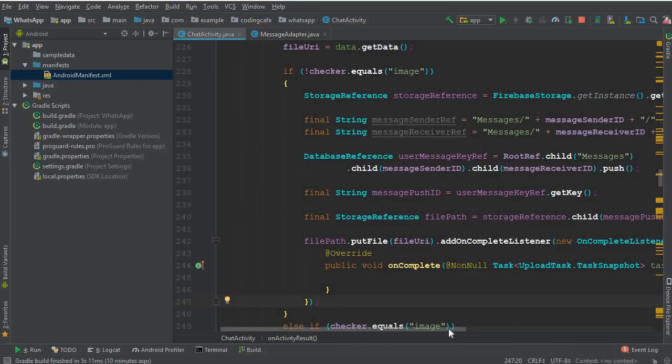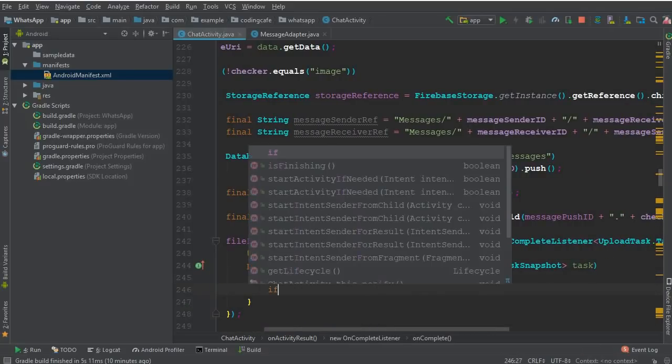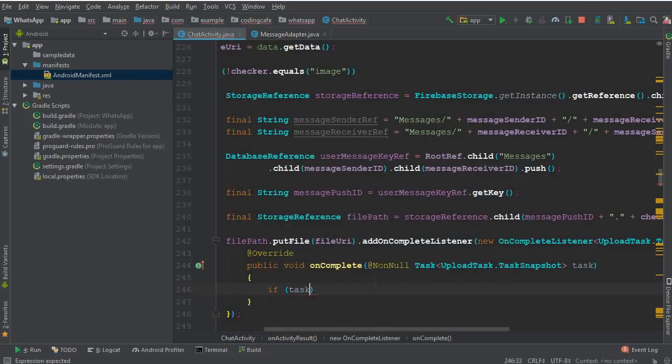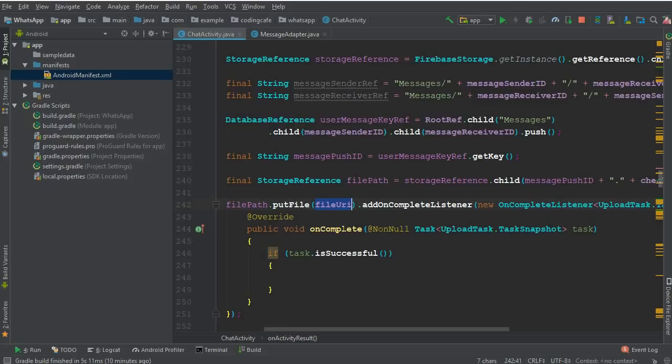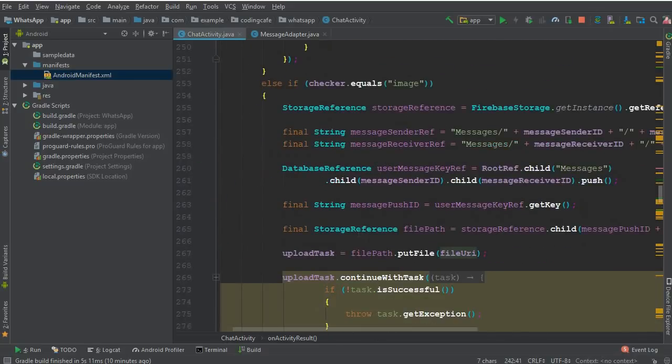And now inside this on complete method, if the task is successful, that is, if this file we put, or you can say store, inside the Firebase storage, then we have to get the link of that file and store it inside the Firebase database. So for that, we can just come down here, which we did for the image, and